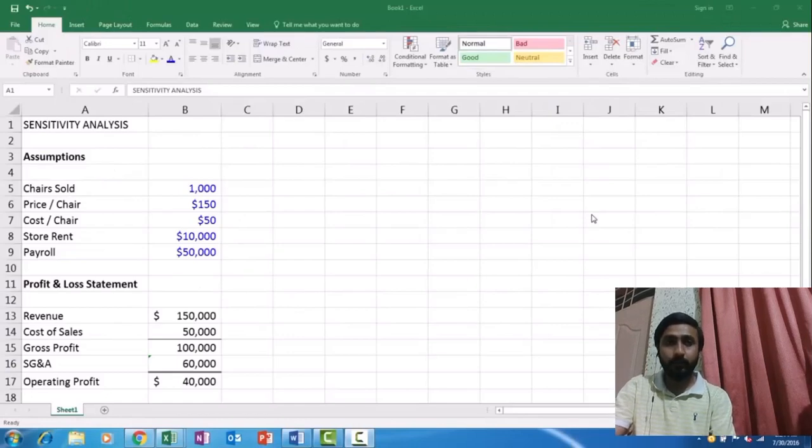आज हम माइक्रोसॉफ्ट एक्सेल 2016 में सेंसिटिविटी एनालिसिस करेंगे कि सेंसिटिविटी एनालिसिस होता क्या है और कैसे करते हैं। ठीक है, in a business scenario where we want to look at different combinations, sensitivity analysis is basically a type